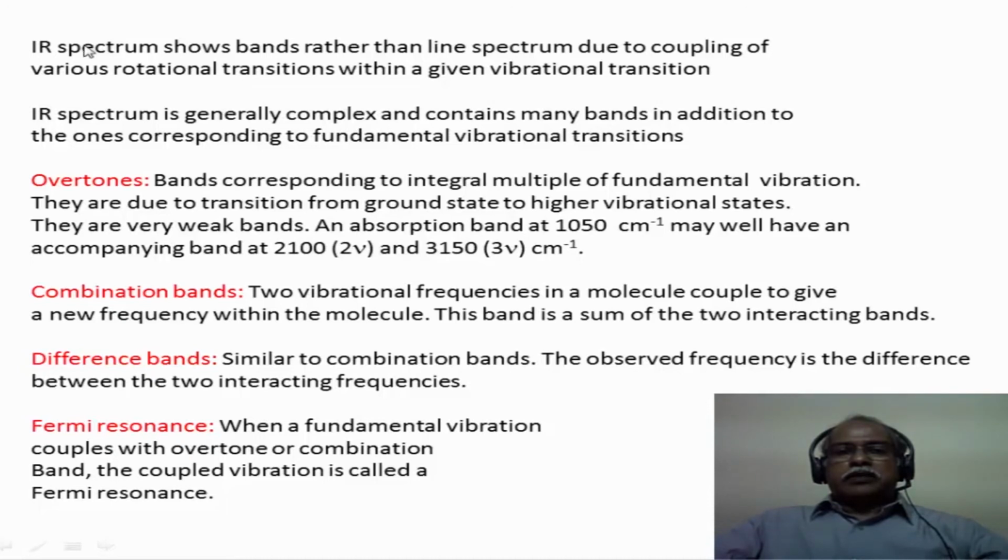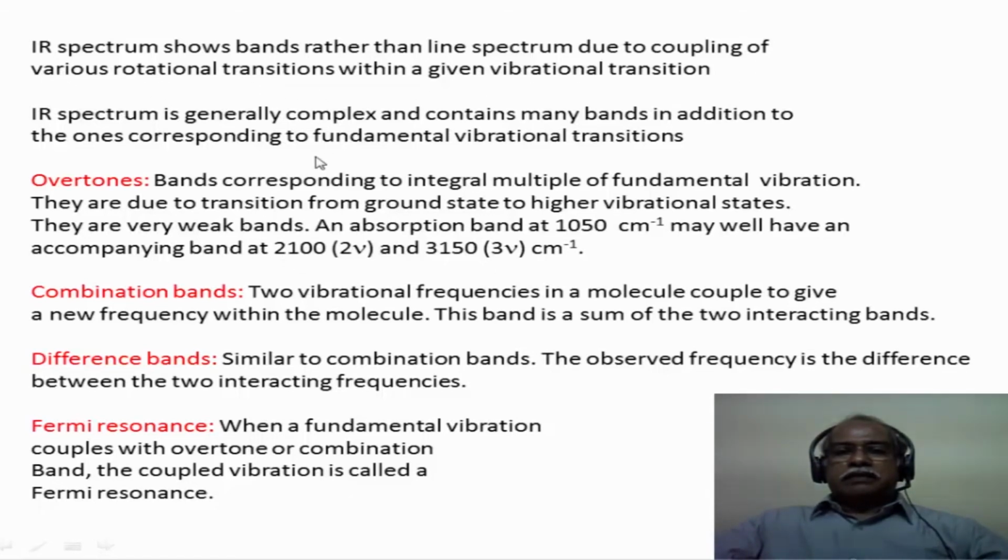Infrared spectrum can be very complex in nature. The infrared spectrum actually shows a band structure rather than a line structure due to coupling of rotational transitions within the given vibrational level. In other words, although rotational transitions occur in a totally different energy regime, they cannot be completely decoupled from the vibrational transitions, because within the same molecule the rotational and vibrational transitions can be coupled together. As a result, the infrared spectra do not appear as a line spectrum, rather they give bands of infrared transitions in the vibrational level transitions.